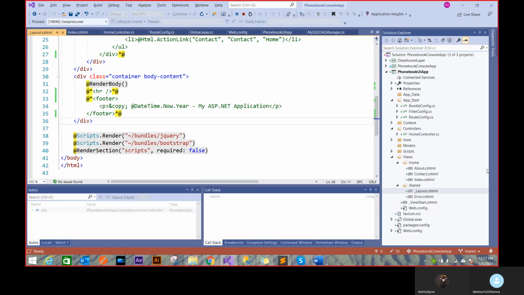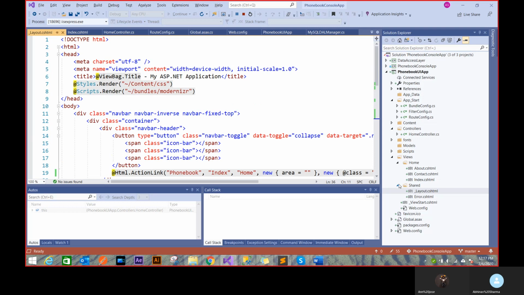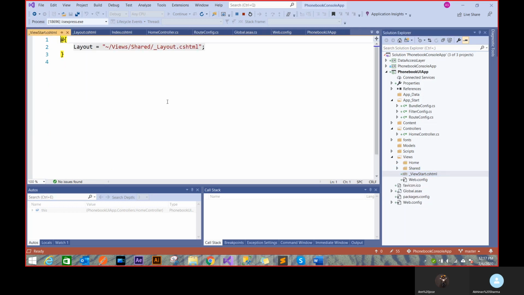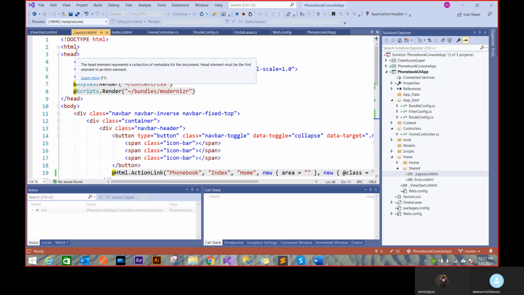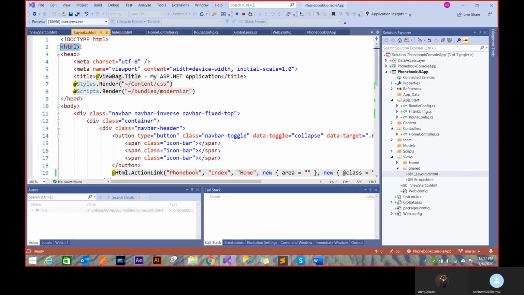And how is this connected, like how does this whole engine know which is the layout view? So you can see there's something called ViewStart.cshtml. If you go in this, you'll see it defines that layout. What's the layout? So maybe your layout is not usually starting with this name, or you're having a different kind of layout. Then you can change this and use it as a layout. But always remember, if it's called a layout, then it will start with this kind of HTML thing. If your layout doesn't start with HTML, it'll break on UI.